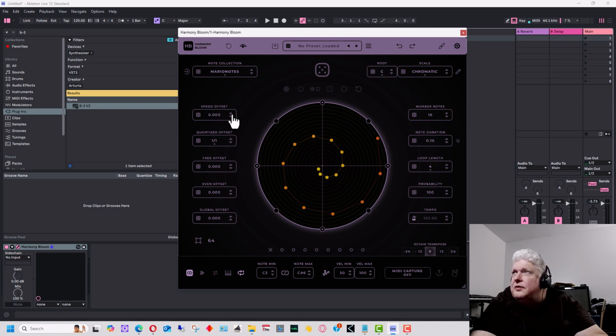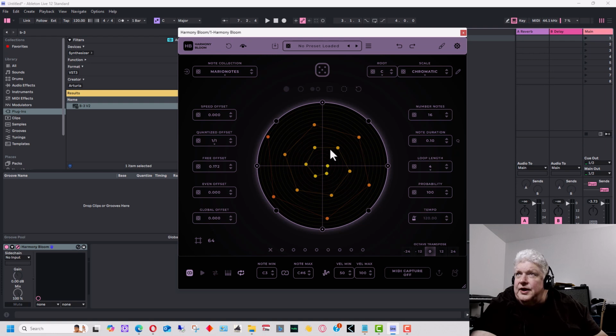And we're going to go to free offset. You can see how that changes the pattern. It changes where the notes are. And when they change, it changes the order that they're going to hit in, because you can see that inside the spiral is now moving ahead of some of these outer notes. So it's going to change that. What ones hit at the same time, or when they hit, has to do with these different playheads on them. So if we turn this back on,